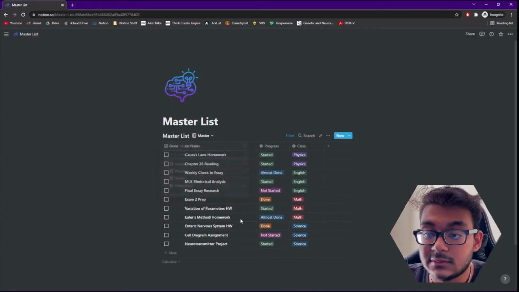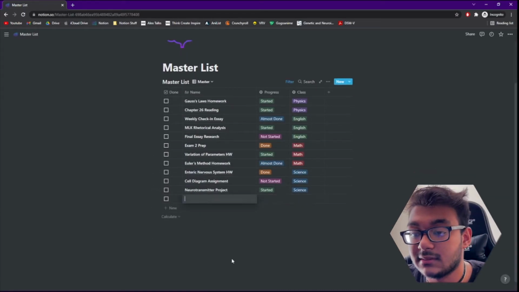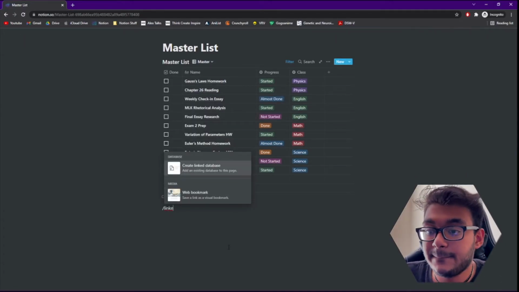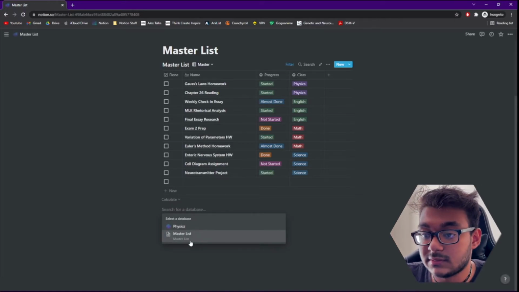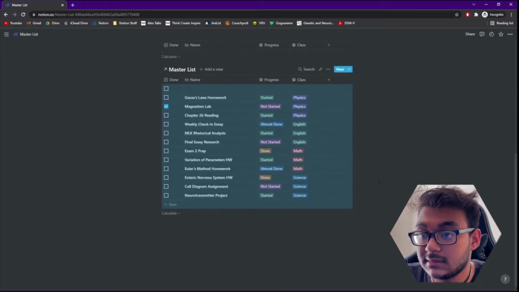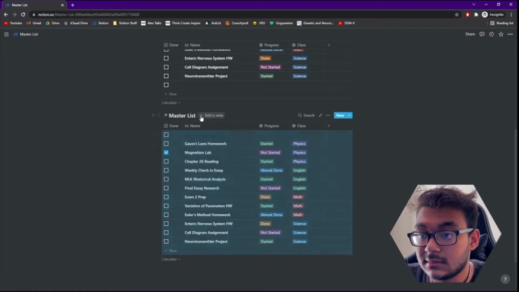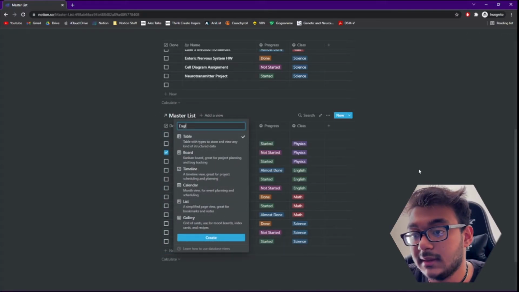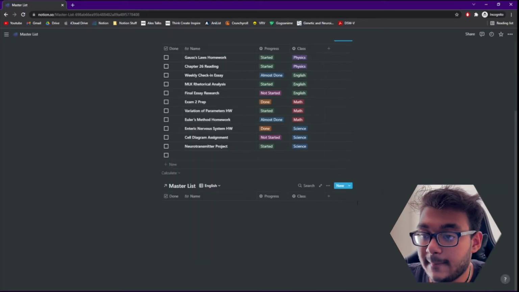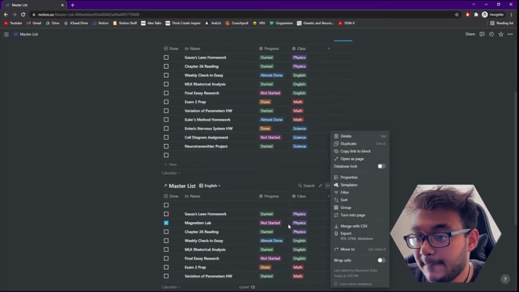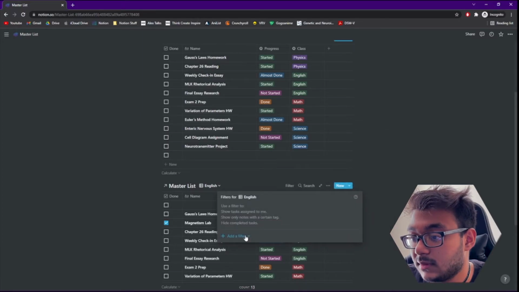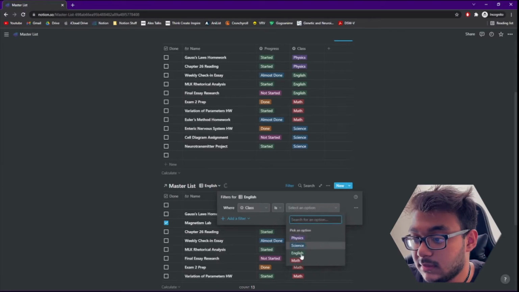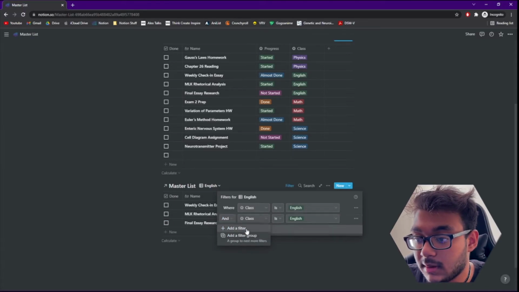The other option is to create a linked database. And so how we're going to do that, not hit new, type in linked, and we're going to search a database, which is going to be our master list. And now we can just add a view. We can do English this time, create, hit filter. We want our class to be English,